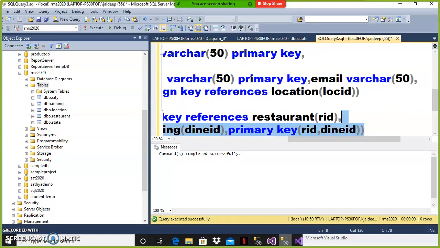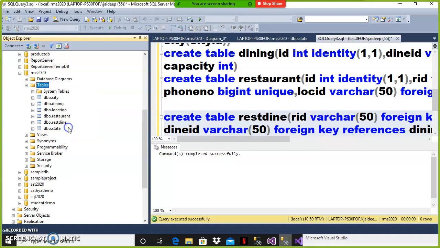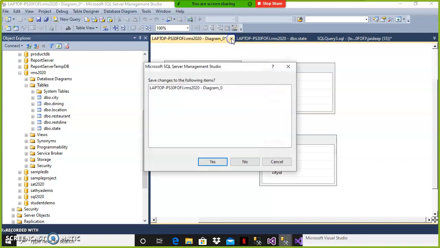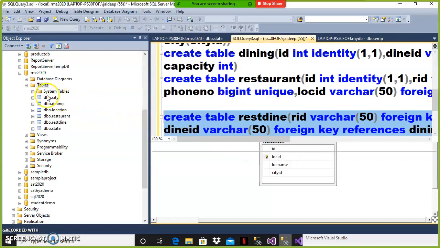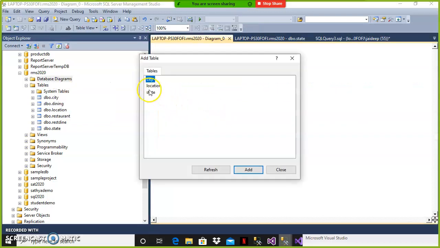These are all the tables. Try to right click on the tables, refresh. Here you can see the database diagram, just so you'll get some clarity with relationships. Right click on database diagram, new database diagram. Here select all the tables, refresh so that you can see the new tables also. Select all the tables and check the relationship between the tables.